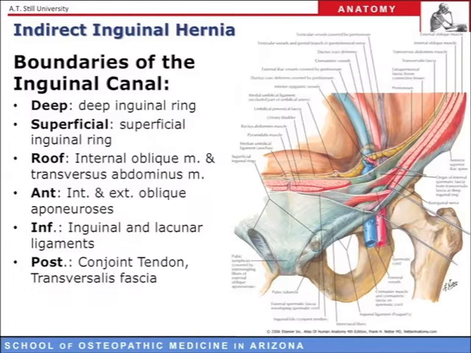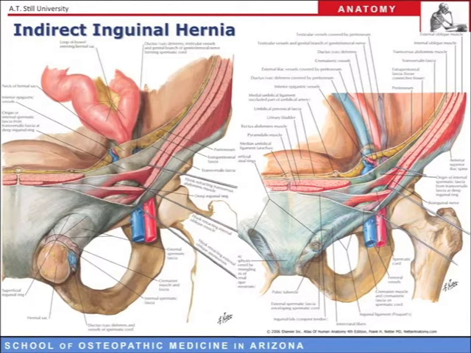Okay, so now we're going back to that Netter atlas illustration of the inguinal canal. This time I've put the labels in so that you can review your anatomy. And then next I want to show you that if you look at this pathway of the inguinal canal through the boundaries, this is where the spermatic cord exits, and then we can compare that to what it looks like when a loop of bowel passes through those same structures. So this would be an indirect inguinal hernia.